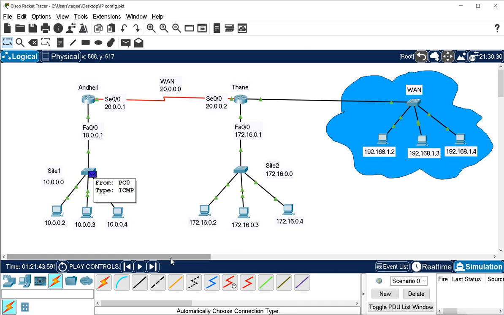Now this will not drop because this router knows the MAC address, so it will forward the packet properly to that destination machine, and it will get the reply also. So that is why the first packet was dropped.